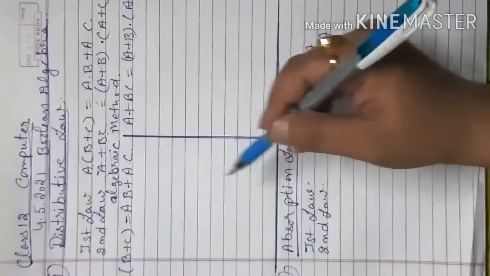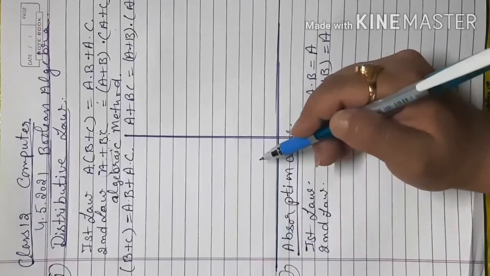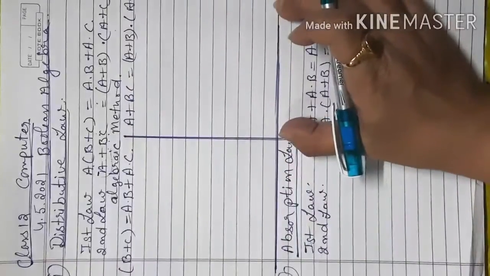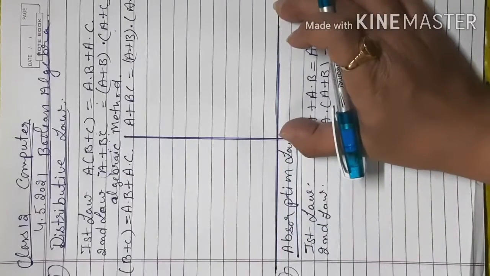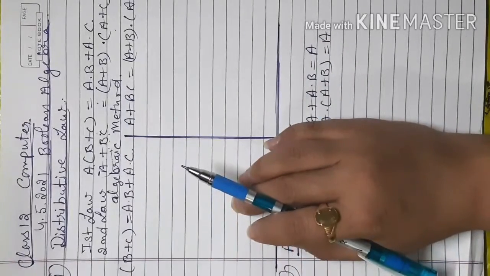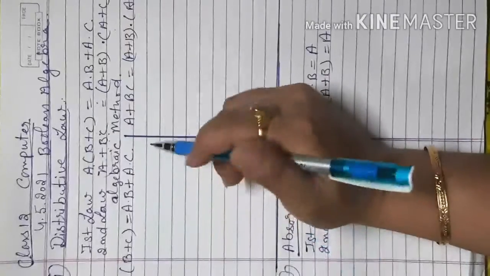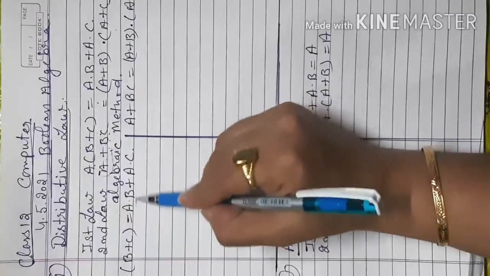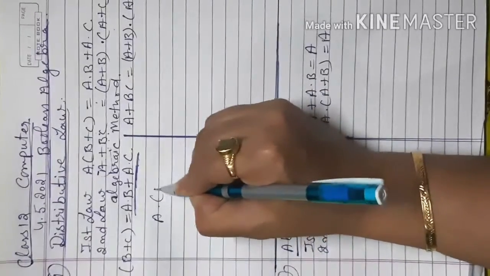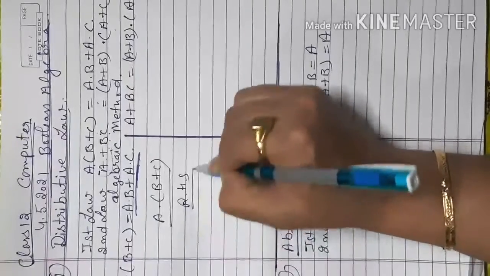Here you separate (A plus B) dot (A plus C), because the dot is between them, B dot C and A plus B. So I divided it into two parts. In the first part I explain the first law, and in the second part I will explain the second law. Now if I pick the right hand side, that is A dot B plus A dot C, I take A common, A dot (B plus C), so that is exactly my left hand side.